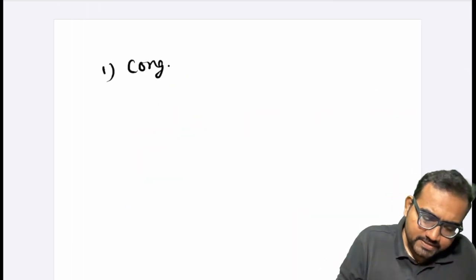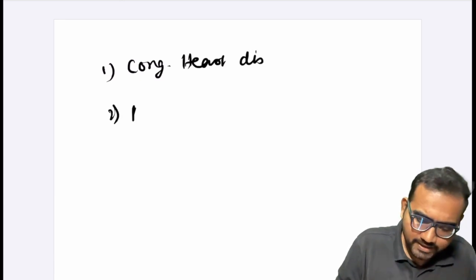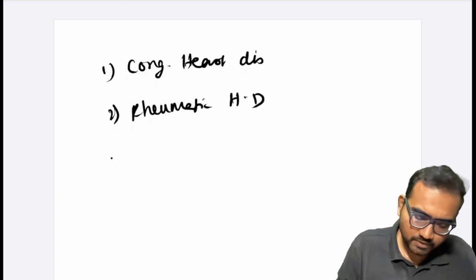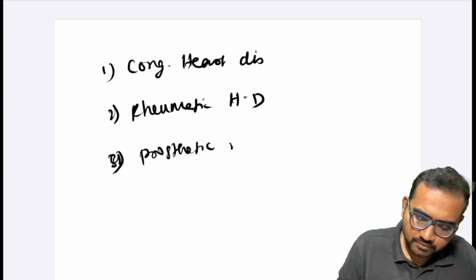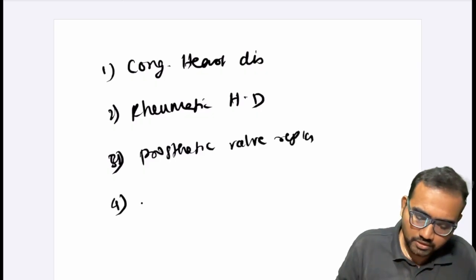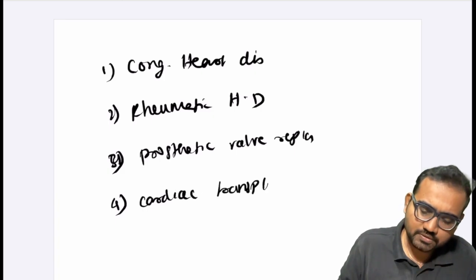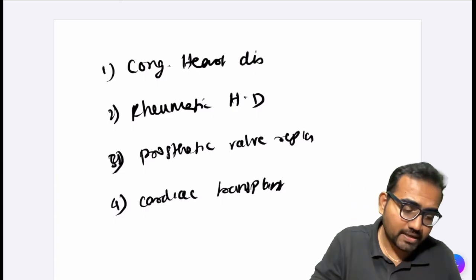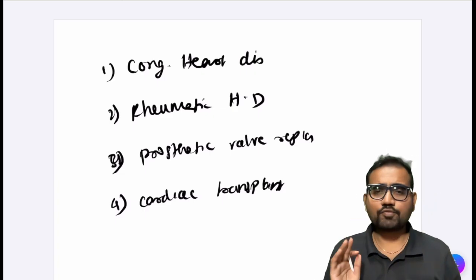congenital heart disease or rheumatic heart disease or prosthetic valve replacement or cardiac transplant patients, these patients will have impaired, okay, impaired or turbulent blood flow, which means, say for example,